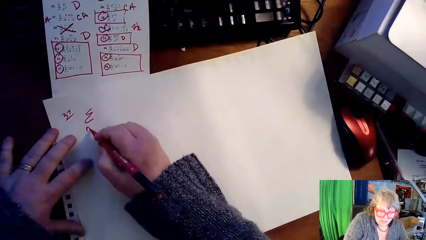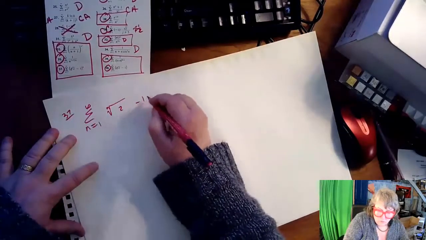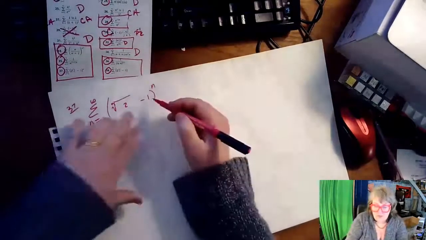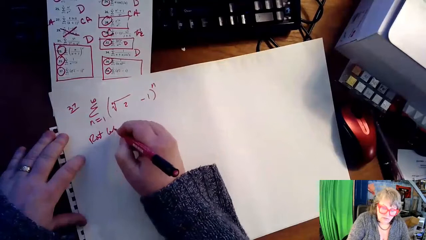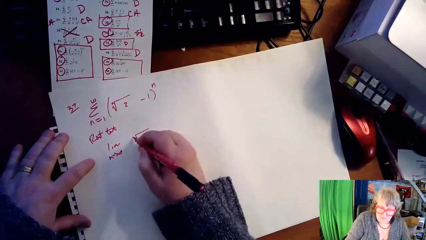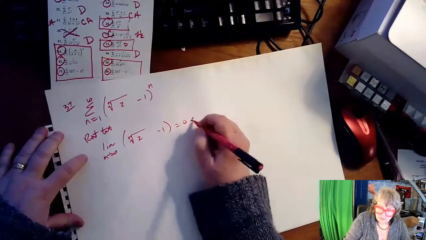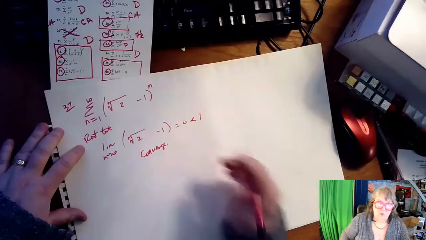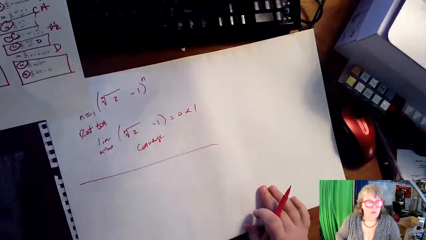Number 37 was the summation as n goes from 1 to infinity of the nth root of 2 minus 1 to the nth. This actually probably should have gone in the other video because it's not that bad. I've got all this crap raised to the n. If I do the root test, I'm looking at the limit as n goes to infinity of the nth root of 2 minus 1. This goes to 0, which is less than 1, so by the root test it's going to converge. Next on my list,